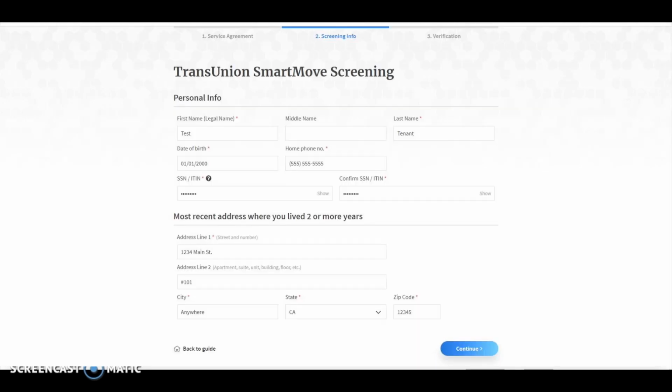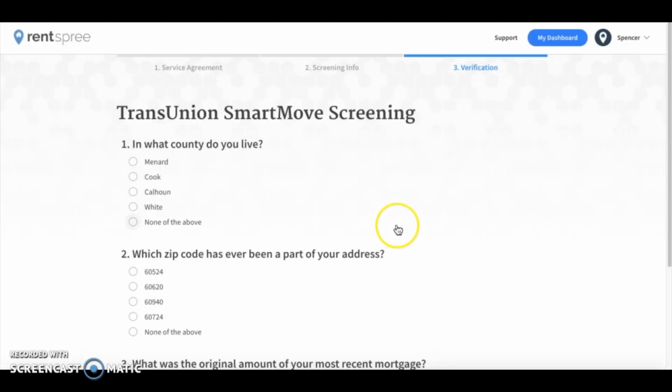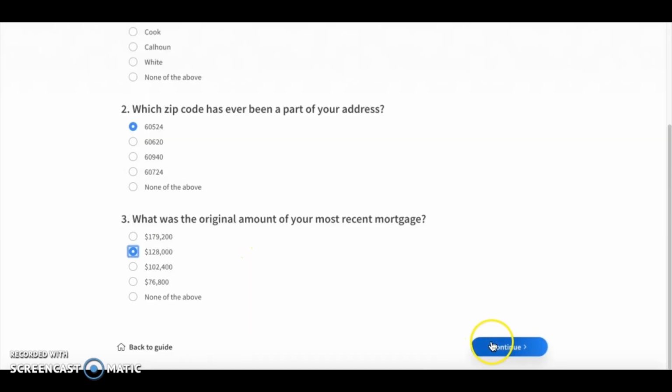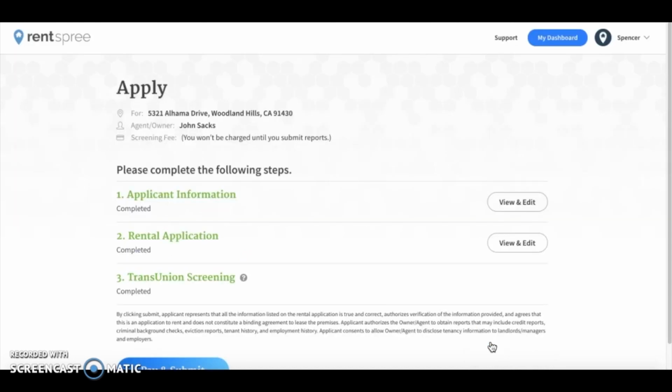Once they click Continue, they will be taken to a page to enter their first and last name, their date of birth, their current address, and their social security number or individual taxpayer identification number. Once they enter that information, they will then be asked identity verification questions. These identity verification questions pertain directly to this applicant based on the information they provided, and must be answered before any reports can be generated. Once they have answered successfully, they can click Continue, and once they click Continue, they will be taken back to